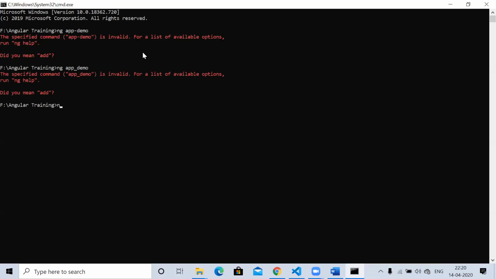So here we need to use ng new, and after that app-demo. This is the complete command for creating the application using the Angular CLI in Angular here. So when you click enter,